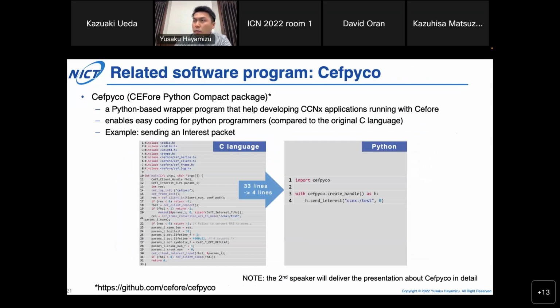And for related software programs, we provide Cefpyco. Cefpyco is a Cefore Python compact package. Cefpyco is a Python-based wrapper program that helps develop CCNx applications running with Cefore and enables easy coding for Python programmers, compared to the original C language. For example, as you can see,